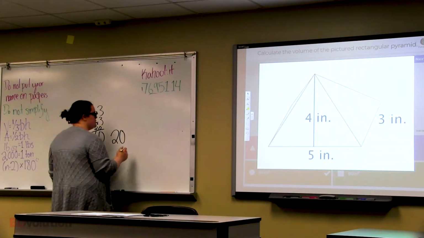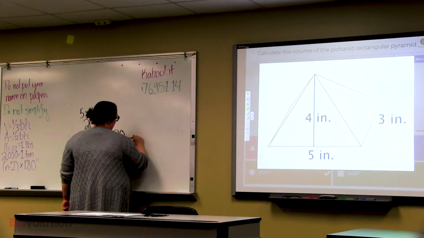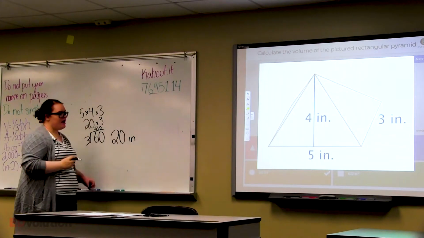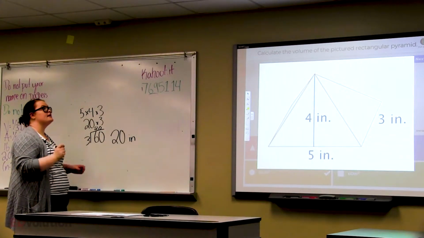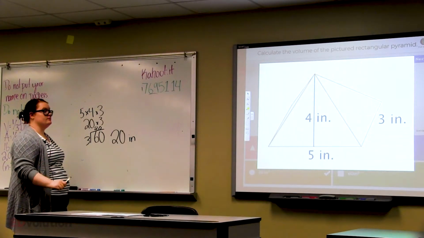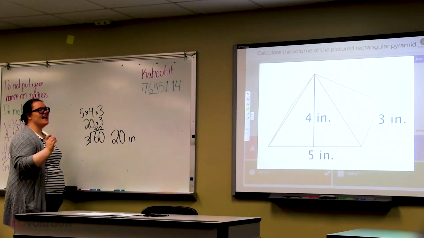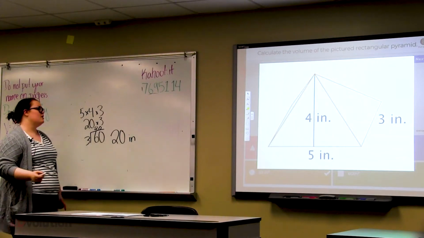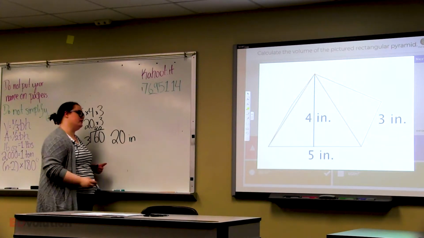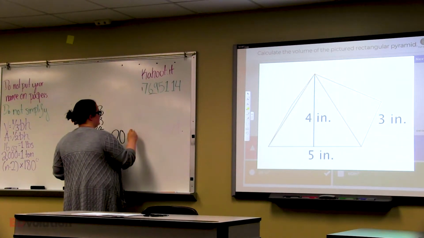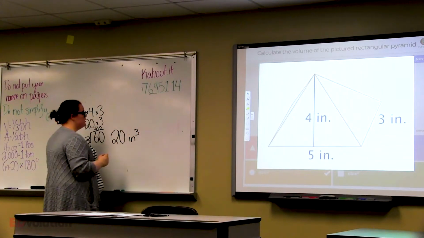So we know it's in inches. Area is squared, and volume is cubed. So our inches, when we look for volume, is going to be to the 3rd power,